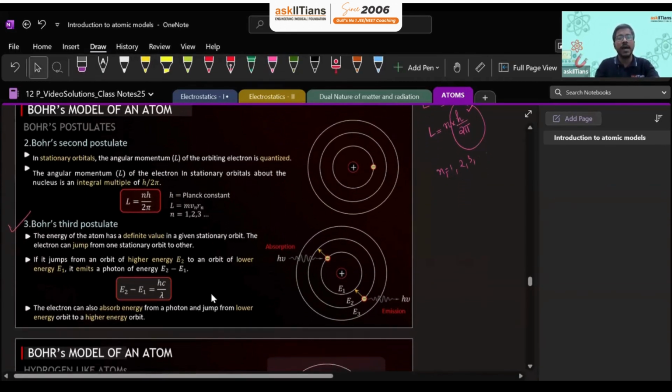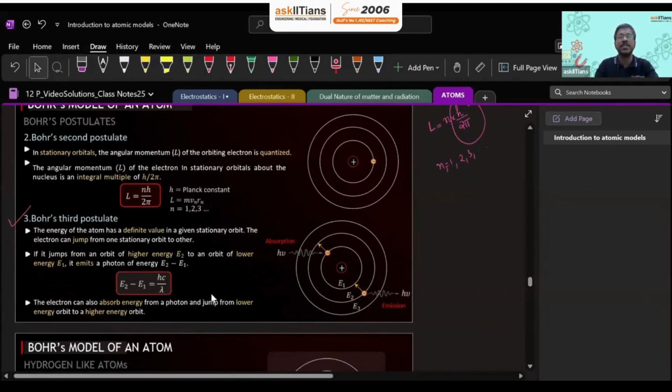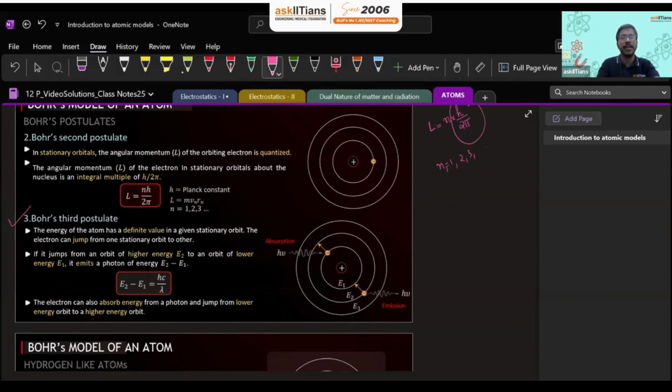So the energy of the atom has a definite value in a given stationary state. The electron can jump from one stationary orbit to the other, right? So if it jumps from an orbit of higher energy to an orbit of lower energy, it emits a photon of energy E2 minus E1, right? So like in this case, you can see